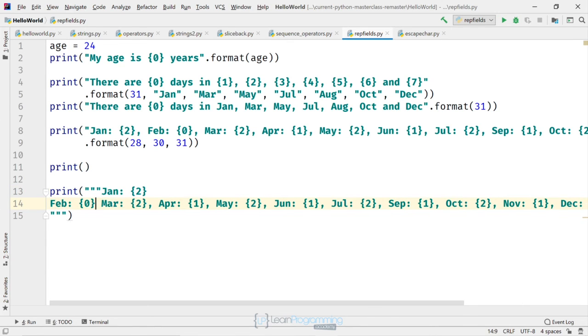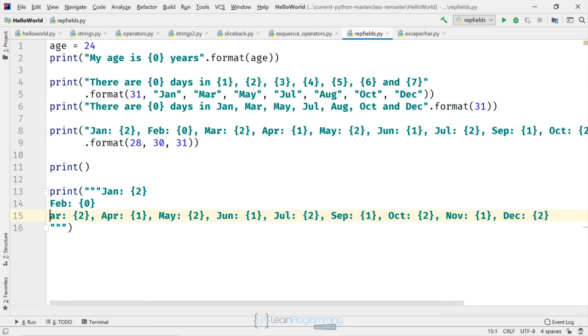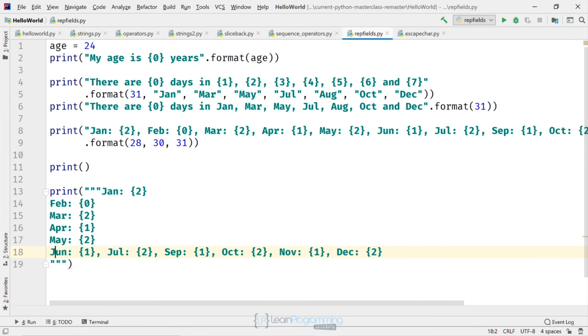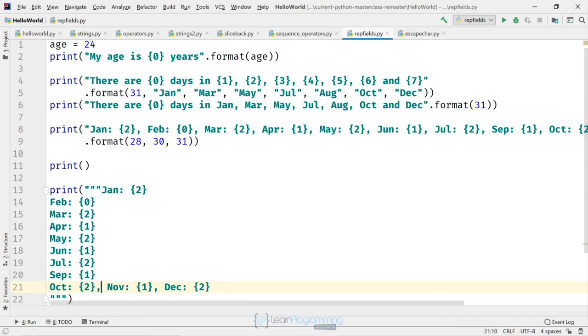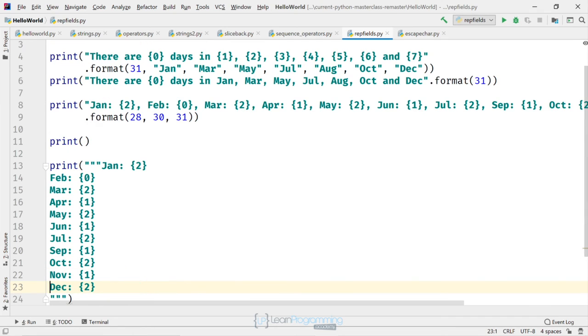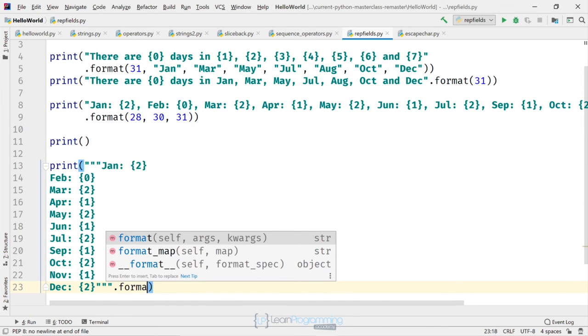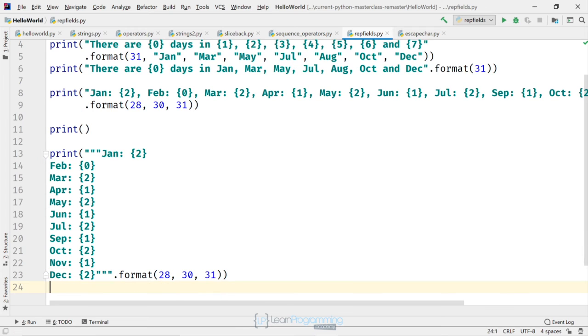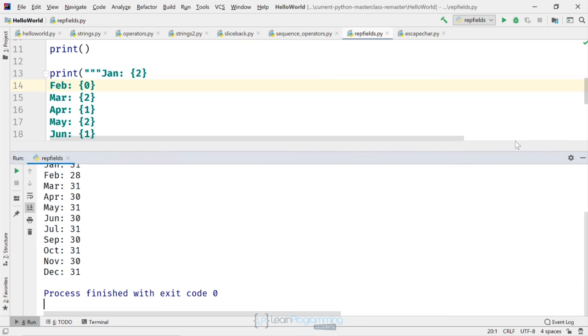So I've got February, March, that's the end of the line there. So I'm going to add the 3 closing double quotes there. And I'm just going to put our format statement after that. Dot format, parentheses, 28, comma 30, comma 31. Like so. So now if we run that, and looking at the output for this program,